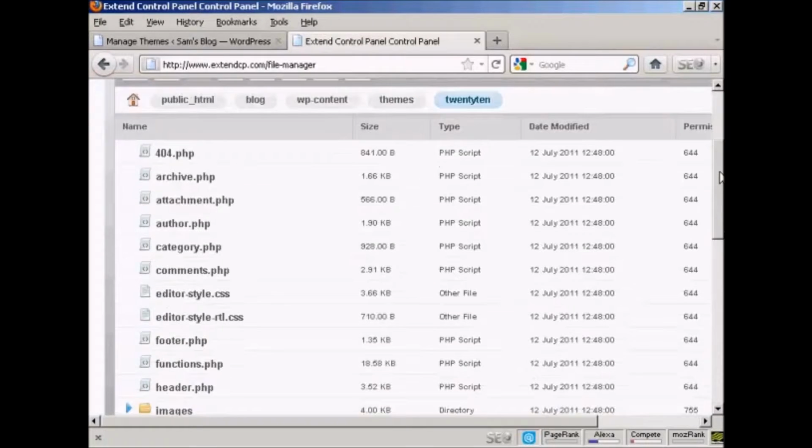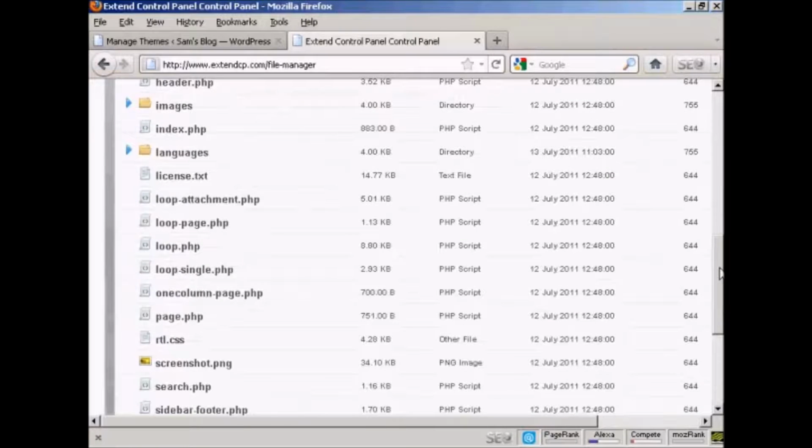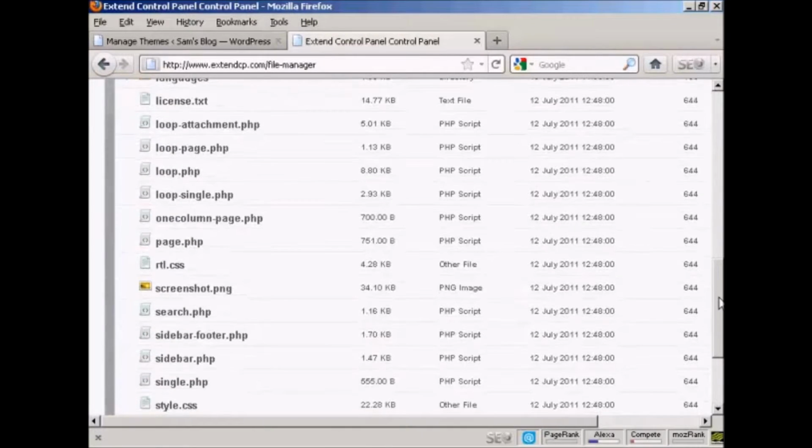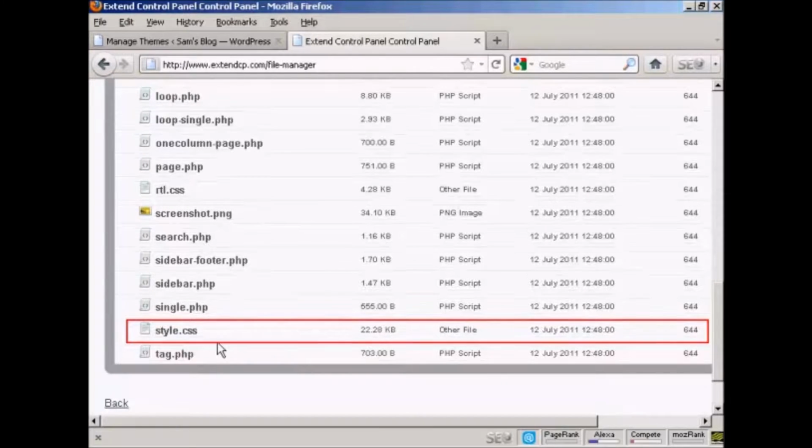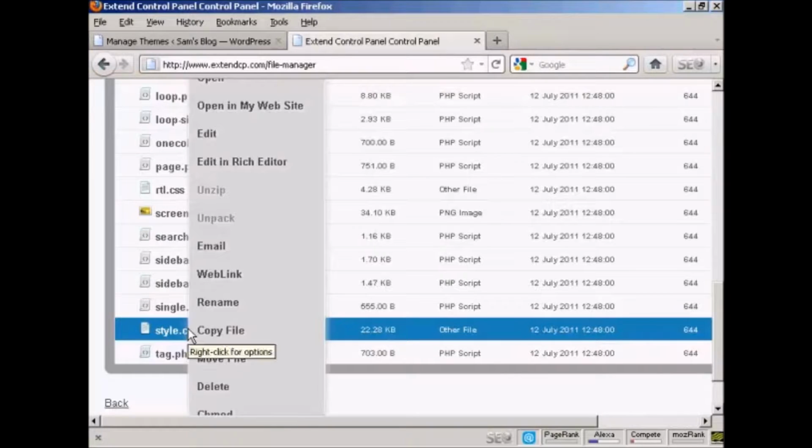And you want to scroll down until you find a page that is called style.css. Now, depending on the theme that you have, because all themes are slightly different, this particular file might be called something else, but it will end in .css. You'll see there's lots of different files that make up a WordPress theme. And you need to change the permissions to make it editable. So on this particular file manager that I'm using, you right-click and then come down to where it says